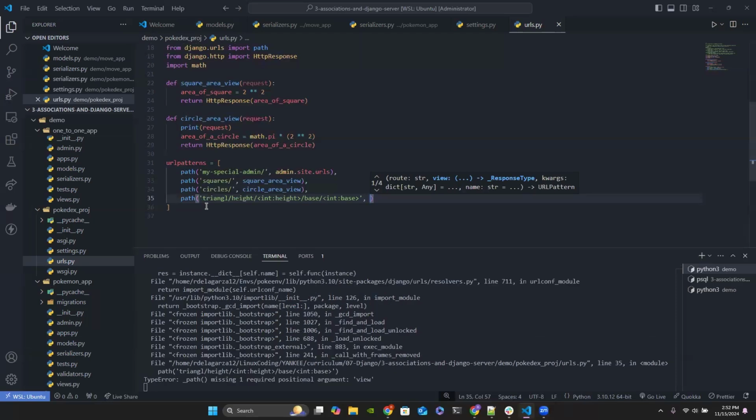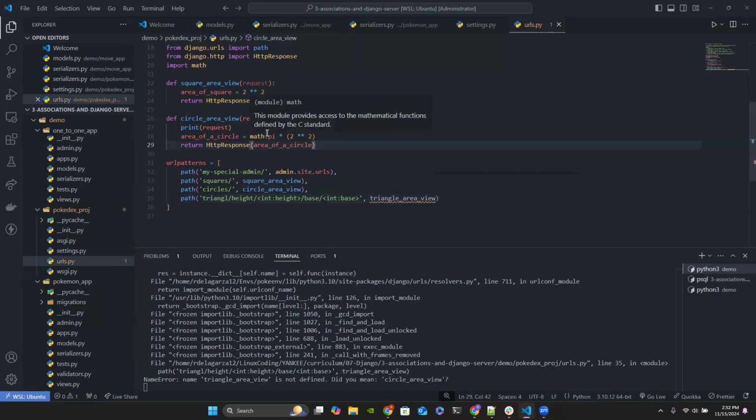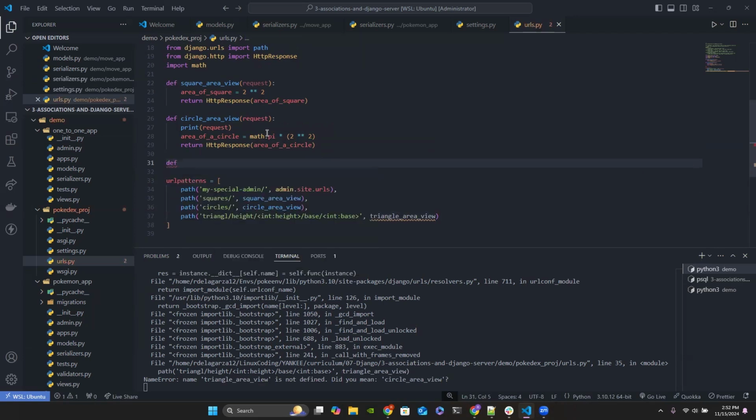That's going to be my URL path, and the view is going to be triangle area view. We don't have a define, so it's giving me an issue here. So let's go ahead and create that: define triangle area view